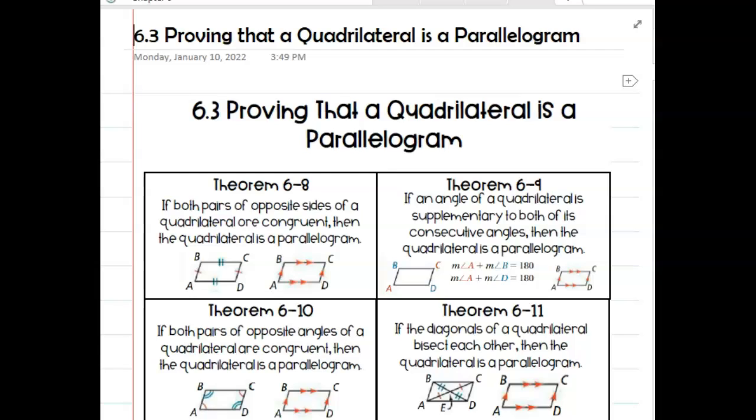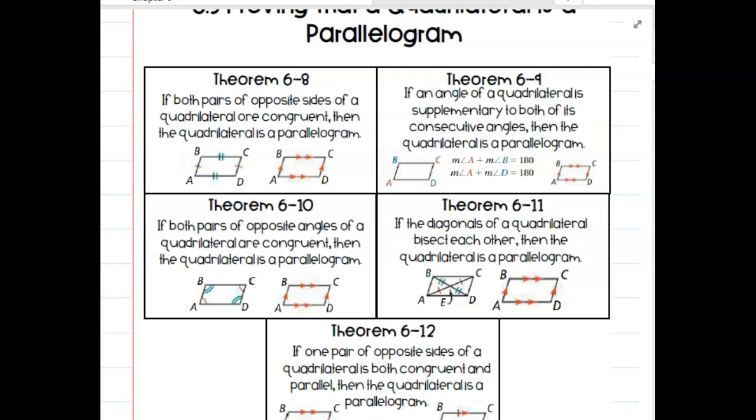It's saying, if you have a shape that has opposite sides congruent, like theorem 6.8 says, so I have a shape and I say, oh look, these sides are congruent and these sides are congruent, if that's true, then it has to be a parallelogram. Theorem 6.9 is the consecutive angle supplementary converse, except the way that it's worded says, okay, if you have an angle and you know that it is supplementary to both of its consecutive angles, the angles right next to it,